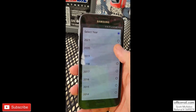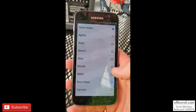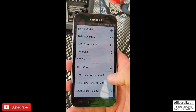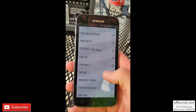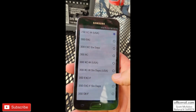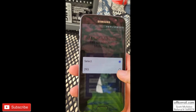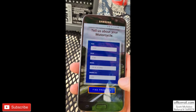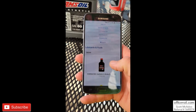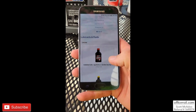We click on the year 2020. Accept the cookies. Find KTM. 300, here we go. USA X, oops, sorry, wrong one. 300 XC-W. Select engine size, 293 cc's. And boom. All right, so it starts out with your lubricants